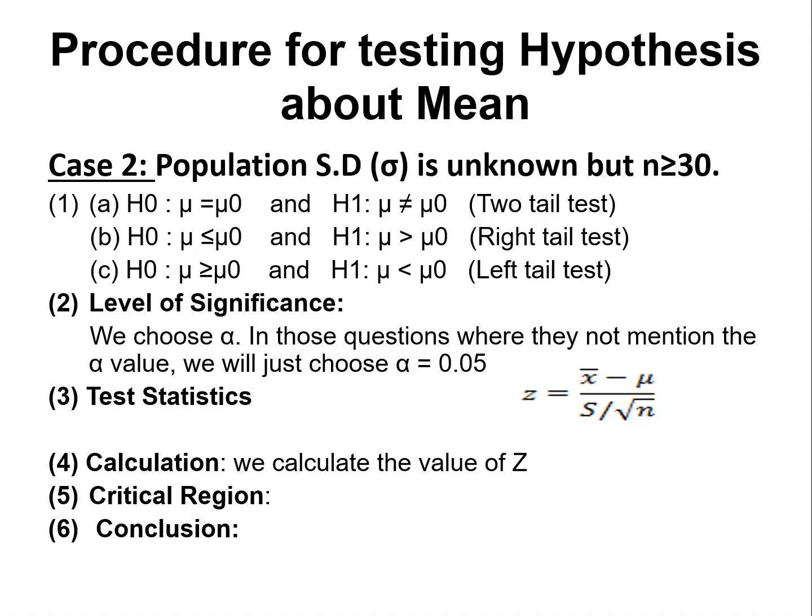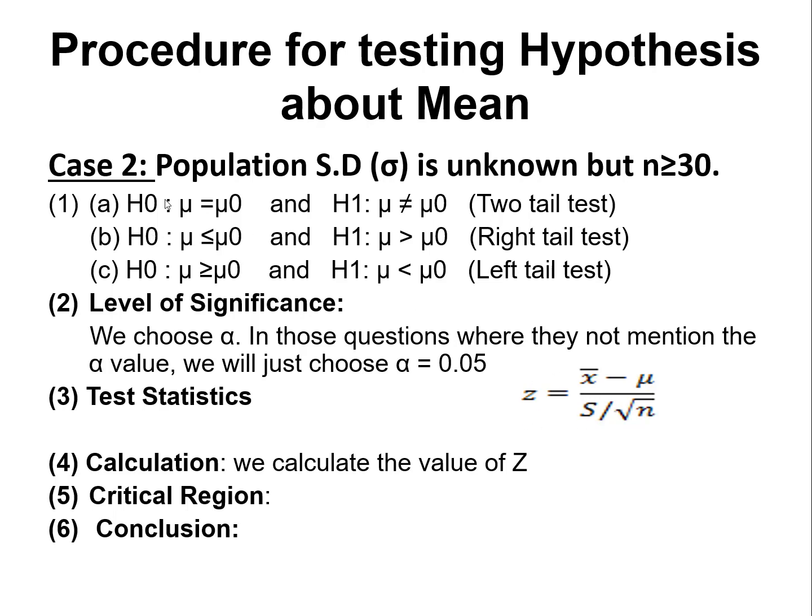Okay, so connecting with the previous lecture, in this lecture I am showing you another case of procedure for testing hypothesis about mean. In the first case, we have already conducted a Z test in which something was known to us. So what was known in the previous case? The population standard deviation was known to us, and the sample size was less than or equal to 30. But in this second case, the population standard deviation or the variance is unknown, but your sample size will be equal to or greater than 30, then you need to use this type of